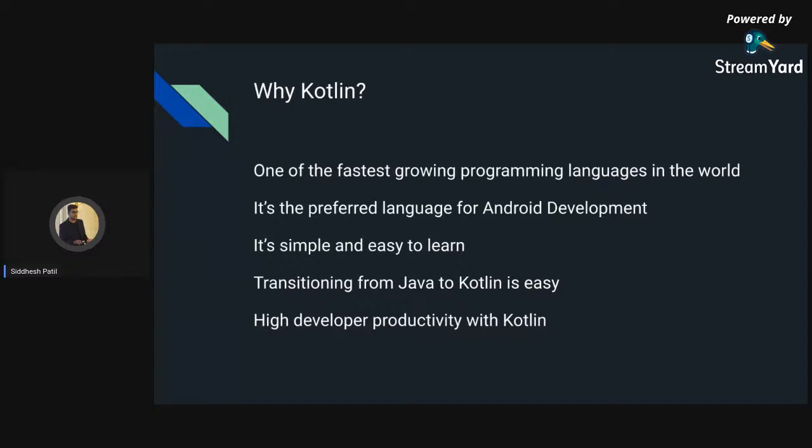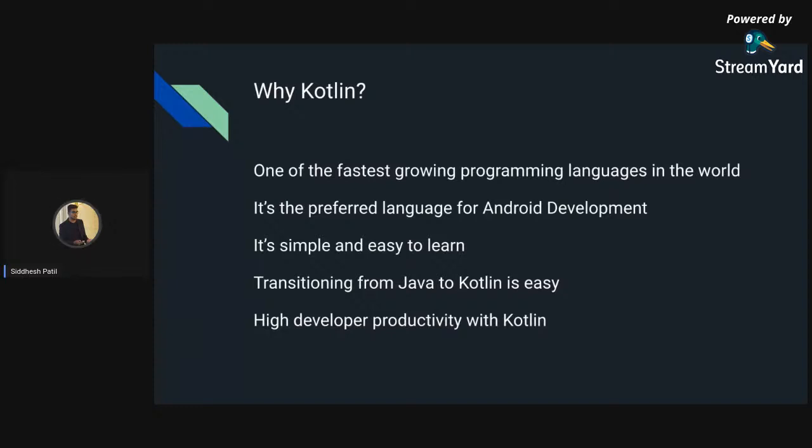It is the preferred language for Android development. Android has gone full ahead with Kotlin first, around 2017 or so. Google announced that they are going to be supporting Kotlin first as their programming language. If you start a project even right now with Android Studio, you will see that by default it selects Kotlin, and that's a big reason, if you are into Android development and if you want to learn mobile development, then Kotlin is a must. Kotlin is also simple and easy. It's a very easy and simple language to learn. It's not that difficult.